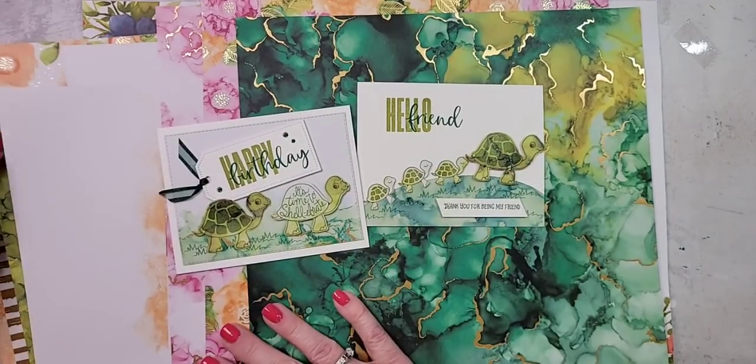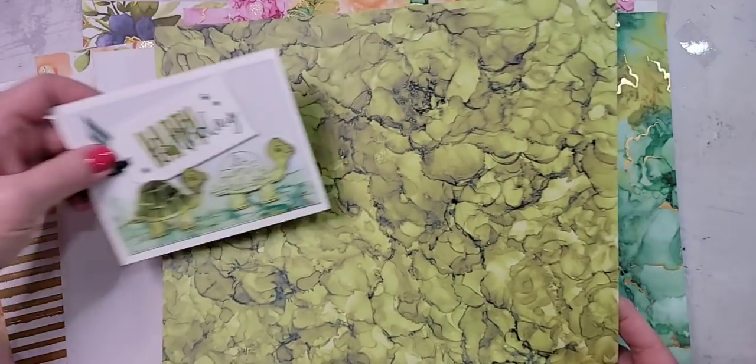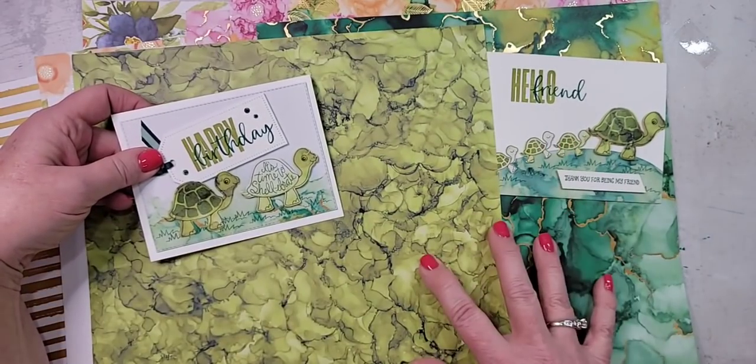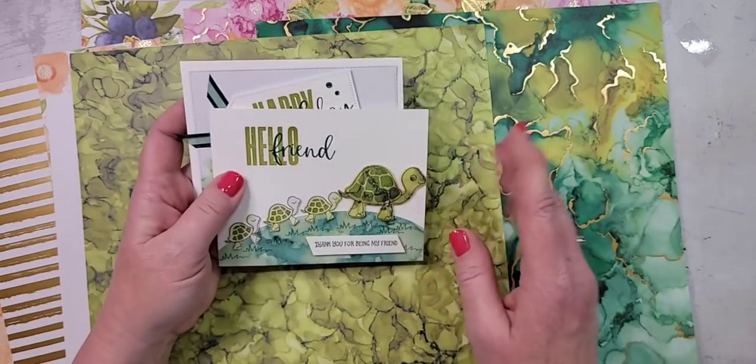So if you're thinking, I don't know what she's talking about here, that's what I'm talking about. Can you kind of see that these turtles look like these green paper patterns? So that's what it was. And if you missed them,